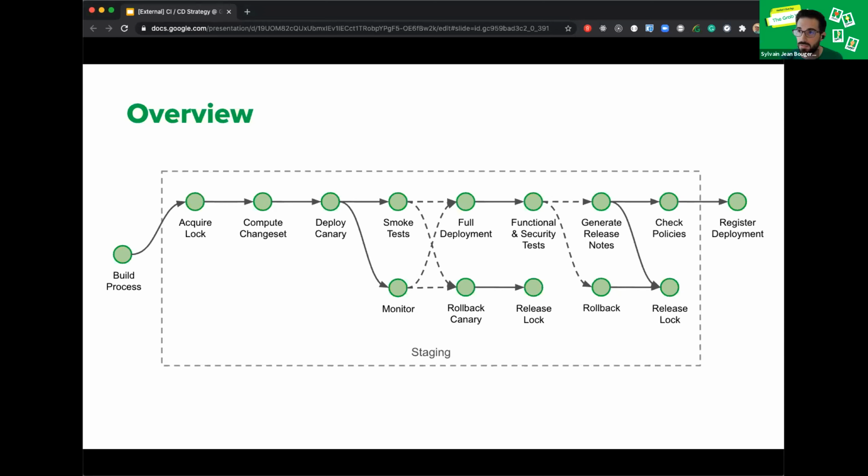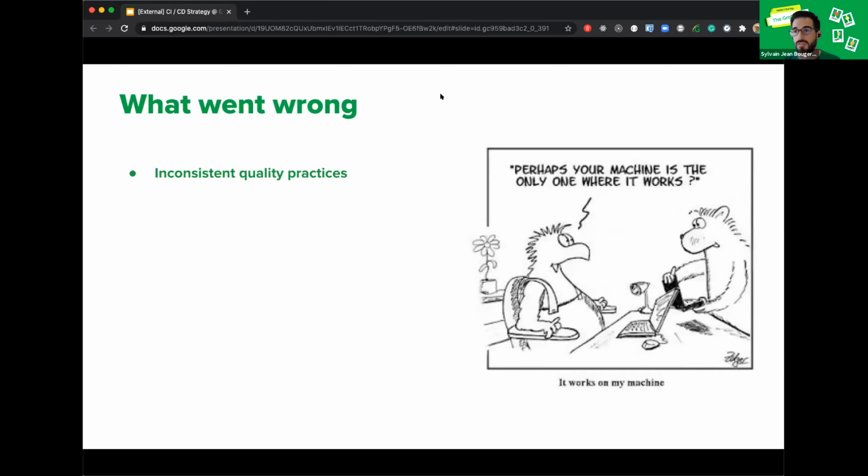And then you want to finally generate your release notes, verify some sanity checks before you send it to production. So that workflow used to be done manually by all of the engineers at Grab. And one of the first things naturally that happens is that we had inconsistent quality practices, because all of this manual work takes a long time. And therefore you need to have a lot of diligence, and sometimes things get dicey when you're a bit stressed for quick release in production.